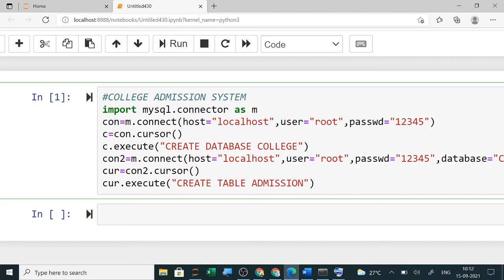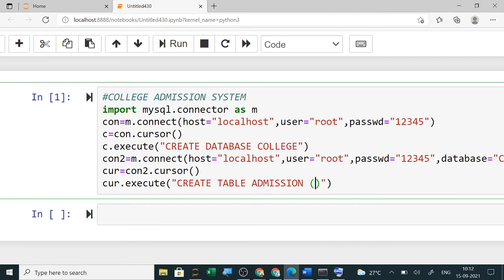Now in this, what all column names do you require? So column names will be, suppose in admission you have your admission number, your name, your course, you are doing BCA course, BBA course, BTech course, whatever course you are doing, and the fees. There is much data which you have to mention here. But just for now, I am using only 4 fields: your admission number, your name, your course, and your fees.